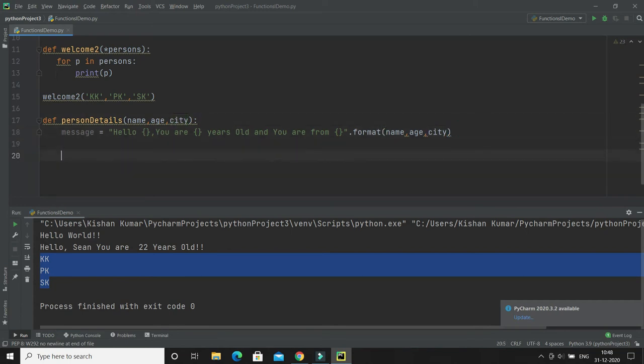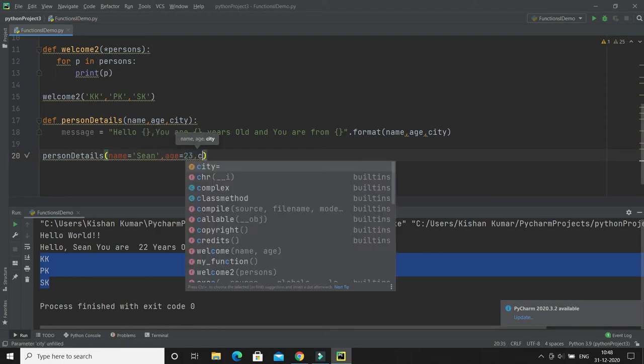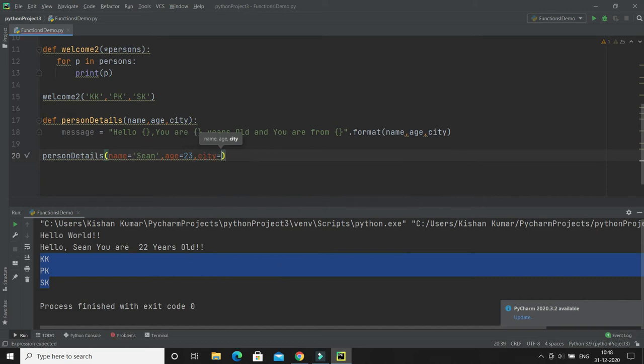Now I'm going to call this method. Here I need to pass name, let's say Sean, then age, let's say 23, and the city value, let's say New York.